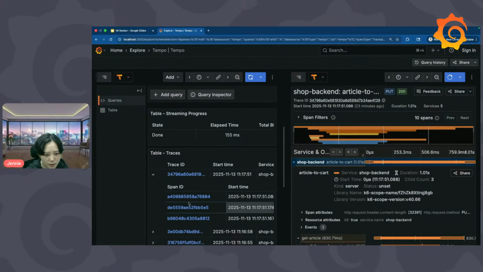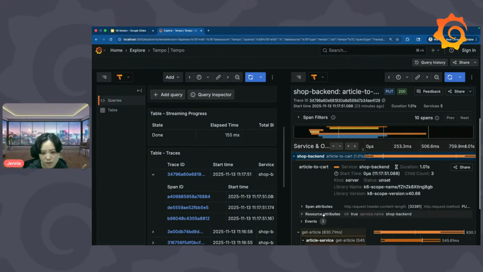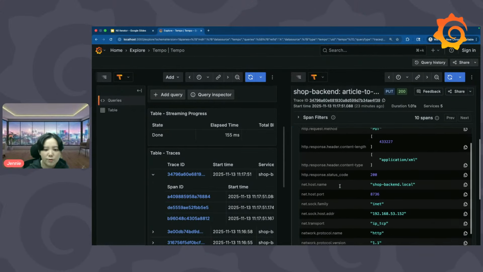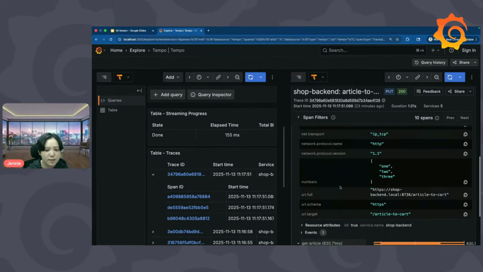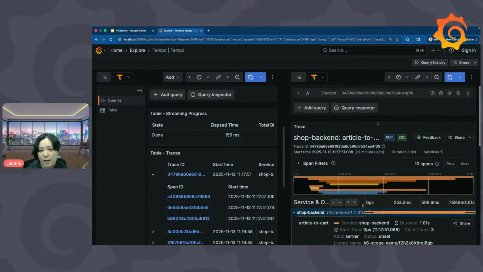Right, oops, I think this is not the right span. This one, is it this one? Yes. All right, we look through the attributes. It does not contain the one key, right? And let's